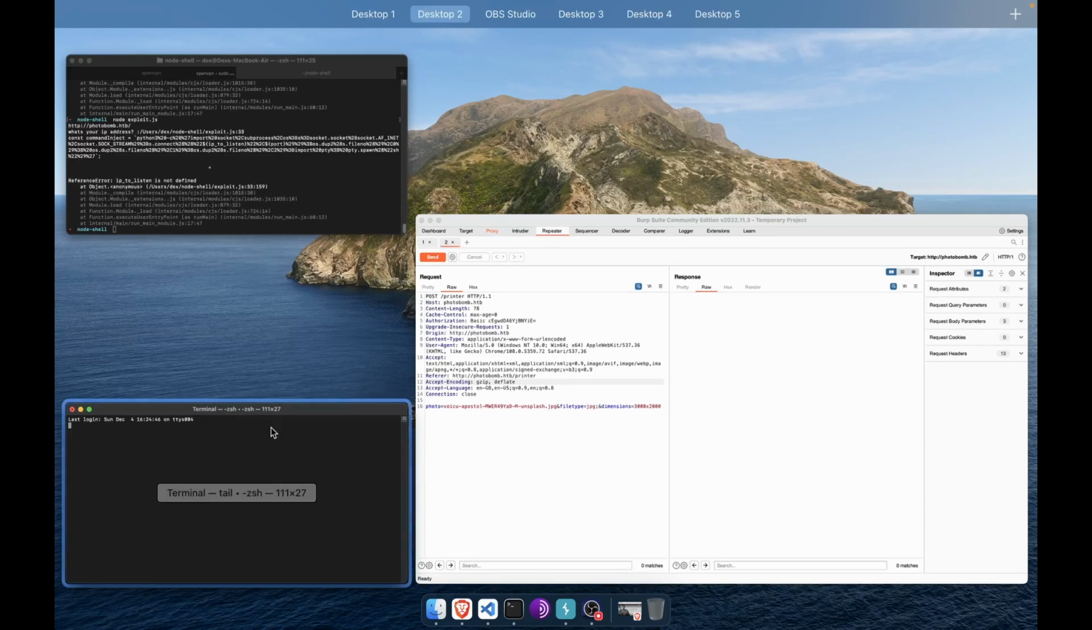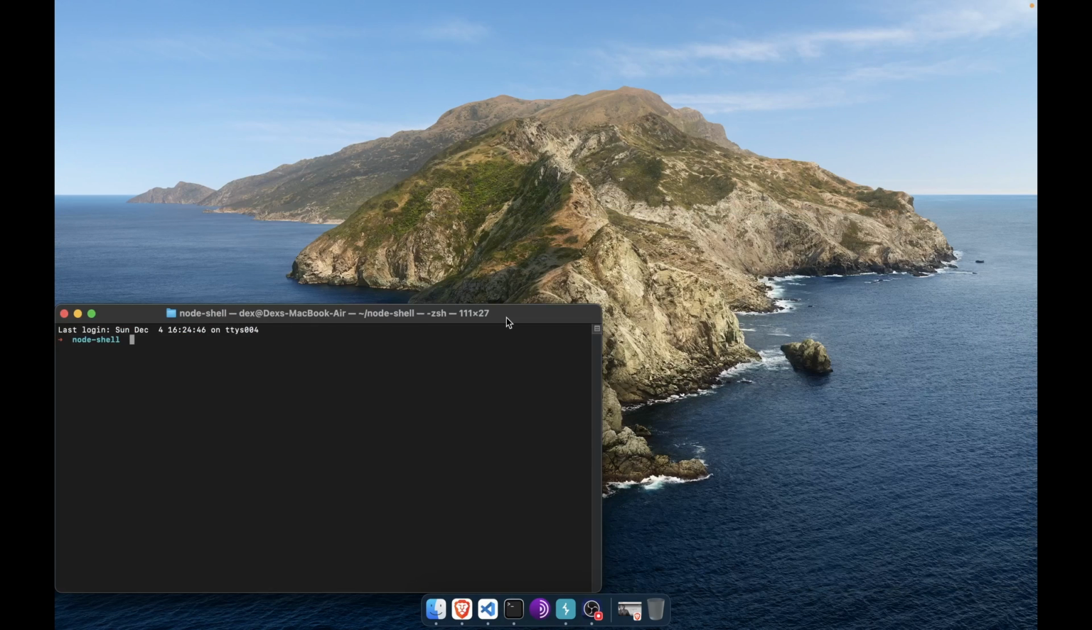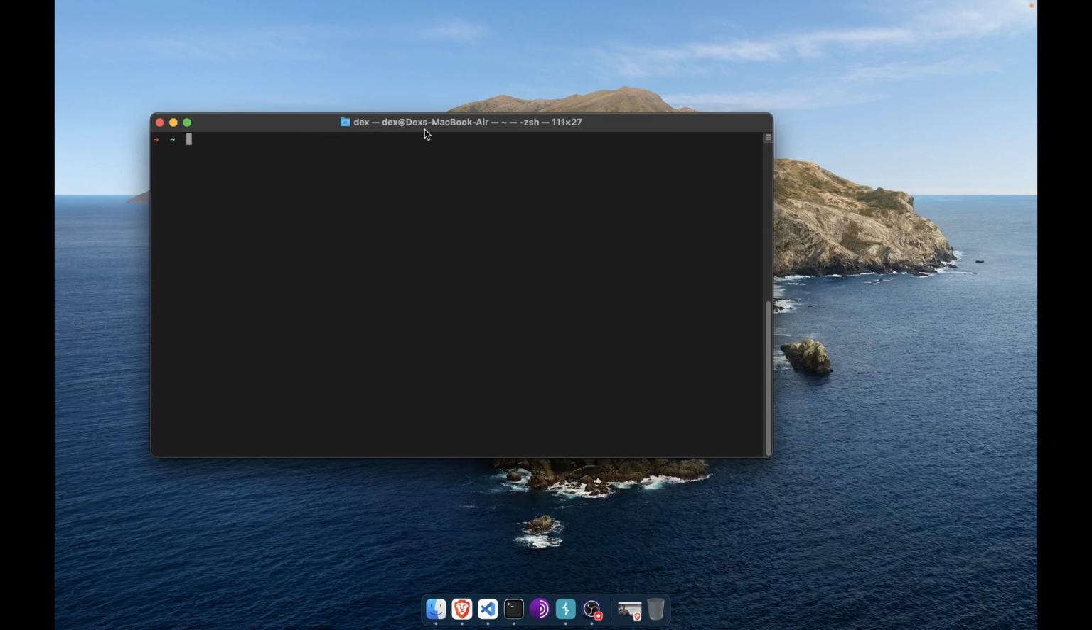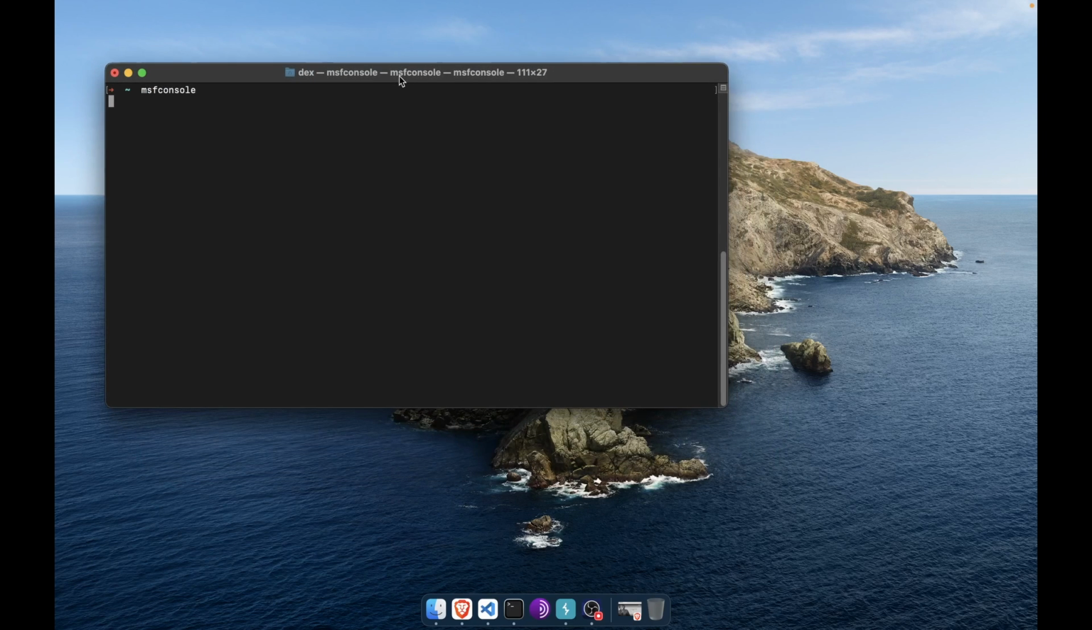So I'm going to open up a new terminal. I'm just going to drag it over here to my other window. I have a new terminal window open. I'm going to run the Metasploit Framework console, and I'll showcase this module, which you can use as